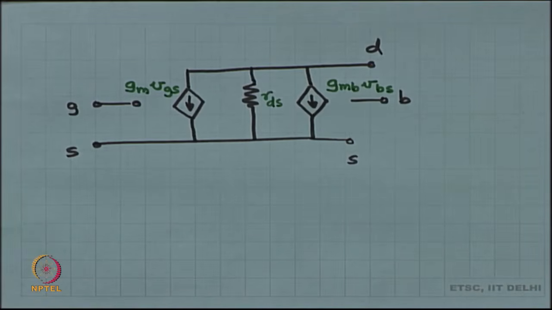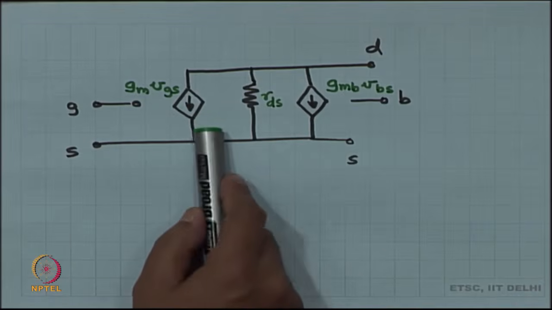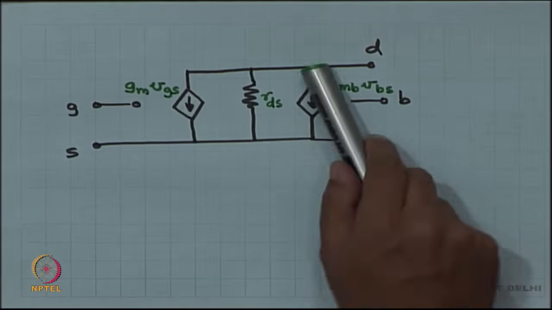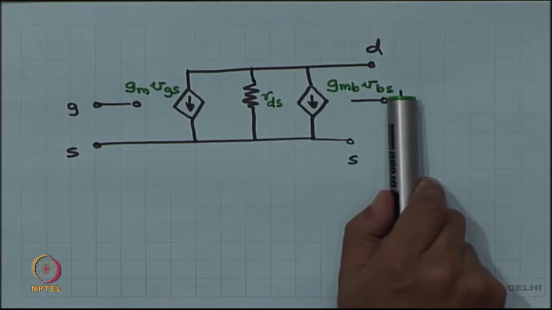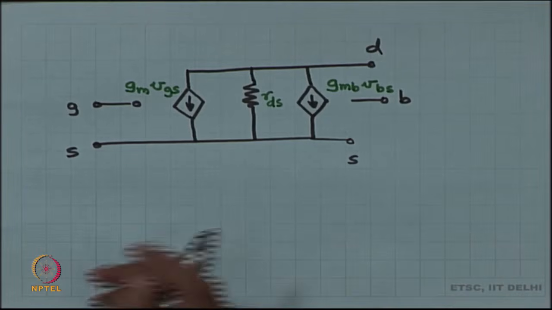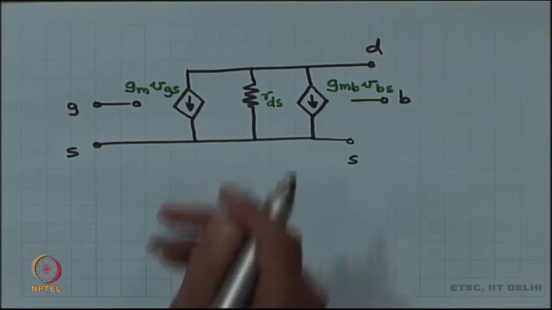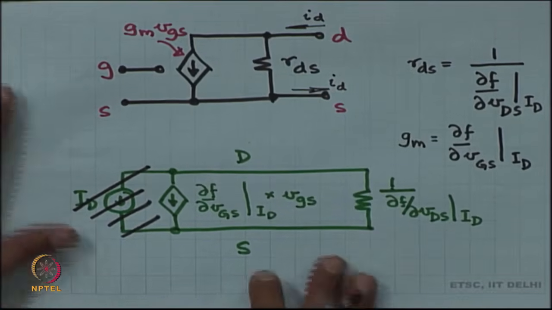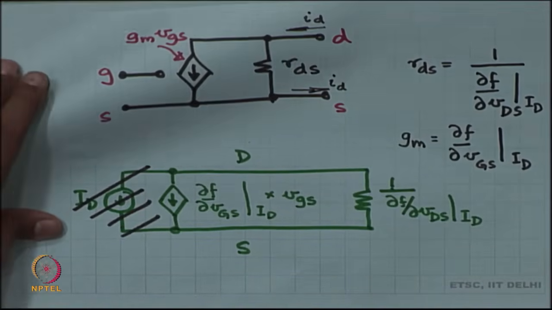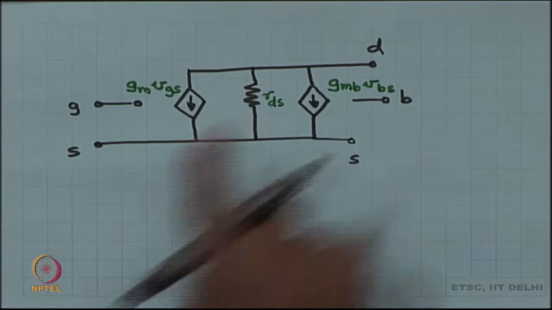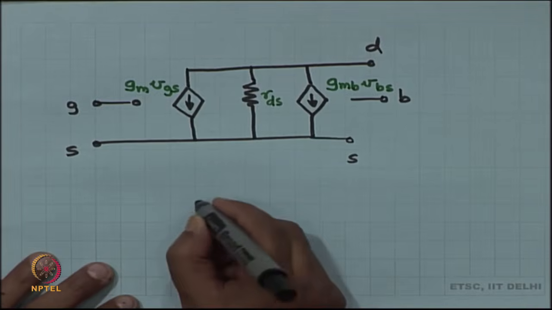I will have 3 elements: one is Gm times Vgs, one is Vds by Rds, and the other is Gmb times Vbs. Gm and Rds are still defined like what I had defined them as earlier, the same definitions continue, and then I have got a new parameter over here, Gmb,